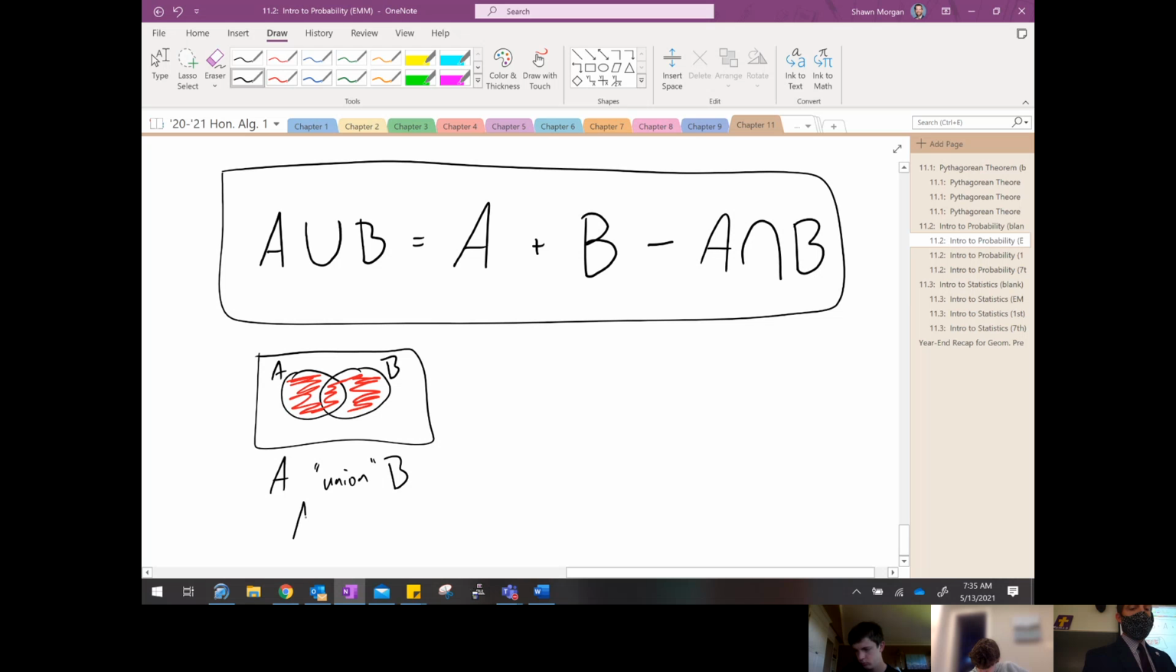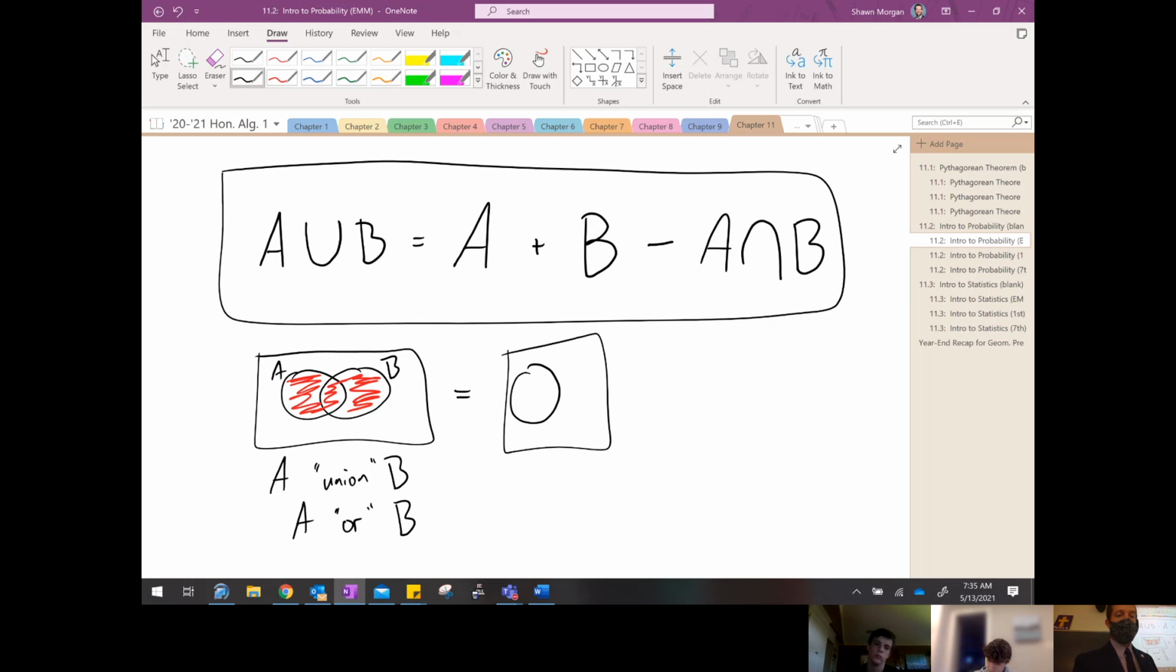Another way of saying that is A or B, right? It just means A not B, B not A, or both. That's called the union. And the union equals A. Let's see if I can be consistent with my drawings here. There's A, there's B. It equals A